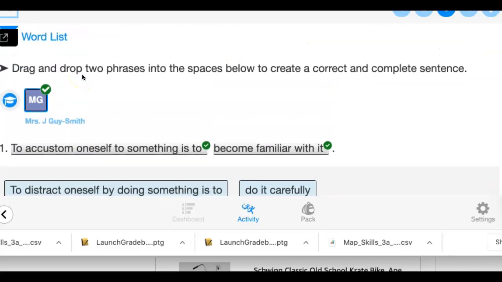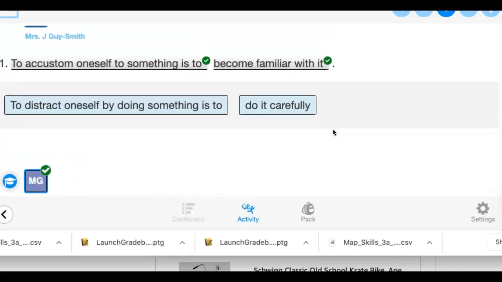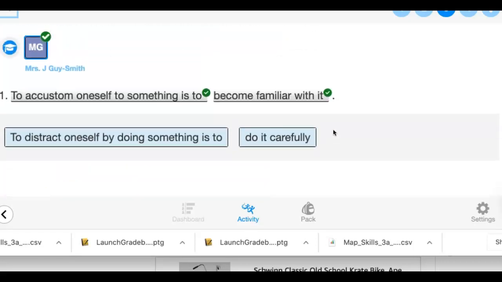Okay, so now it says I have to drag and drop 2 phrases into the spaces below to create a correct and complete sentence. Let's see, to accustom oneself is to become familiar with it. What? To accustom oneself to something is to